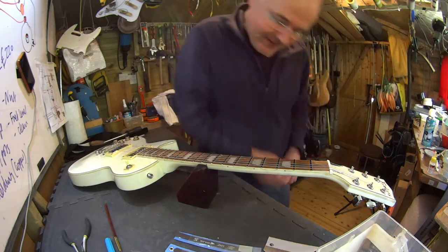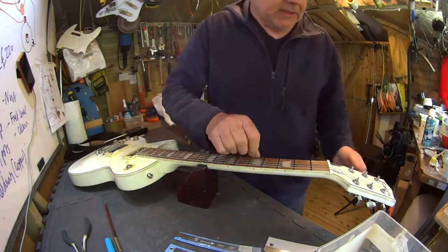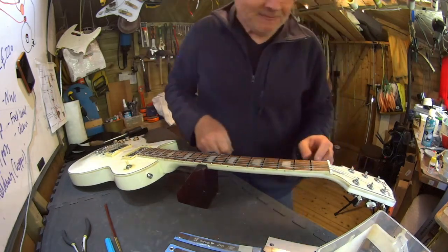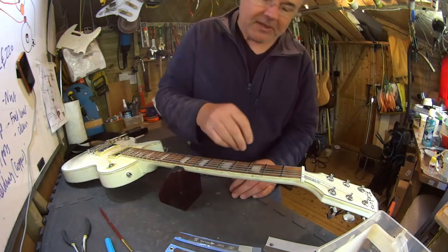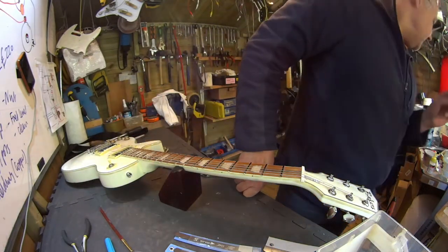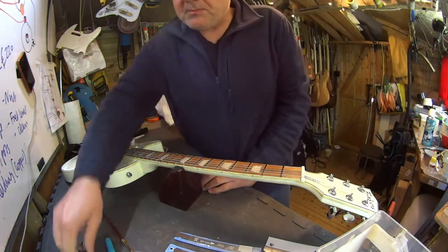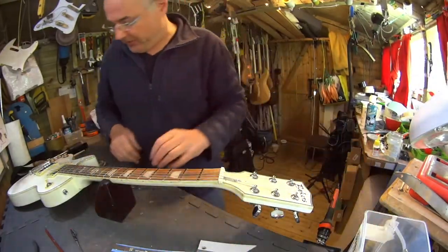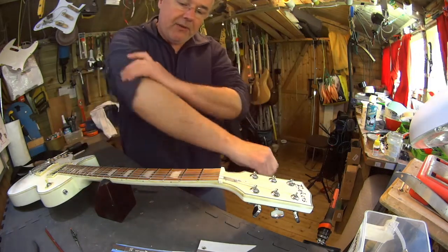Okay, that will do. The reason I want to keep some of the strings at least in pitch is that I need them when I'm cutting the slots. I want them at sort of full tension, so that they will be sure to sit into the slot properly under the correct tension. If you don't have the right tension, there's a danger they can catch halfway down and give you